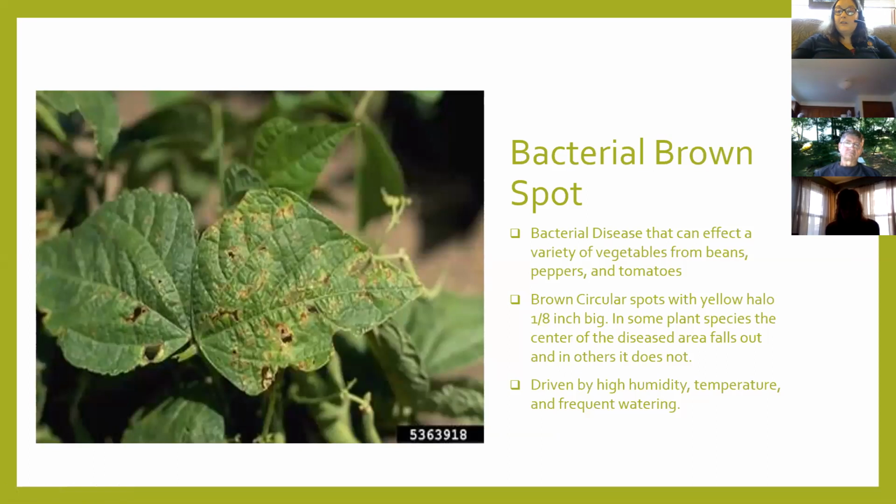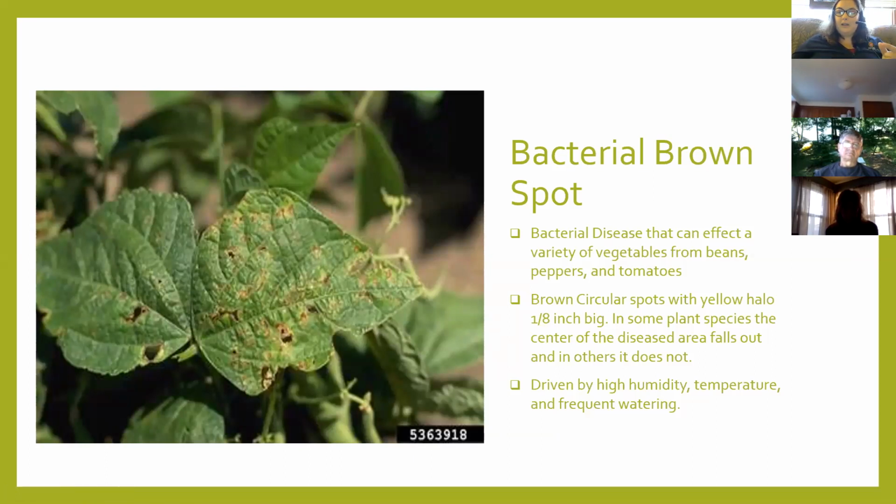And then we have bacterial brown spot. So this is another bacterial disease, affects a variety of different vegetables. These ones can vary a little bit. So between tomatoes and peppers, they each have their own bacterial brown spot. Both are going to have these brown circular spots with the yellow halo. Well, tomato will. In peppers, it won't have that yellow halo, but they'll each be at least that brown 1/8